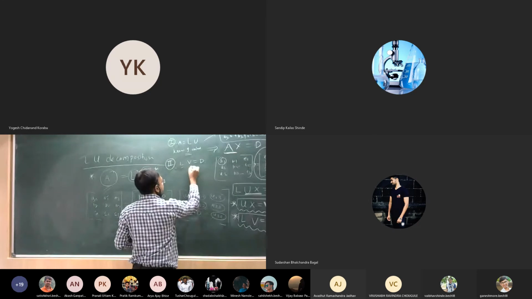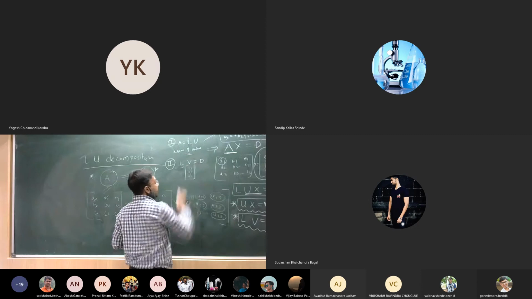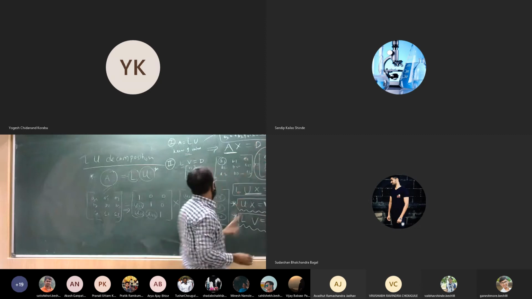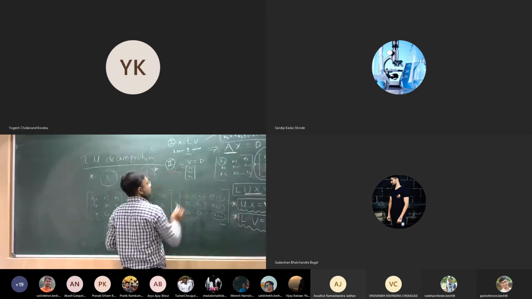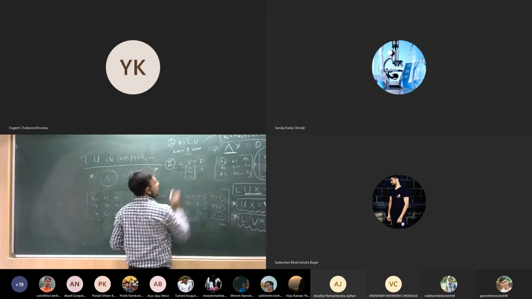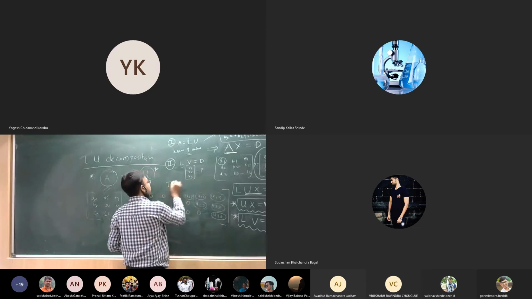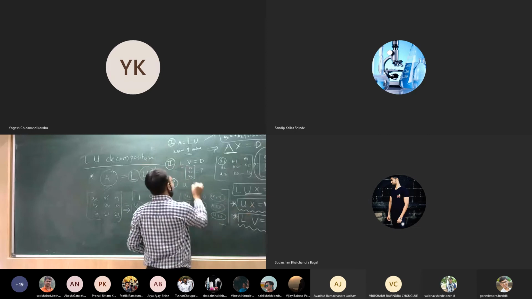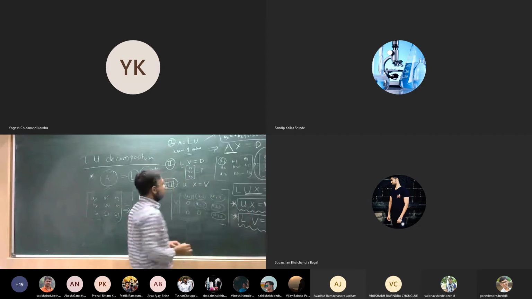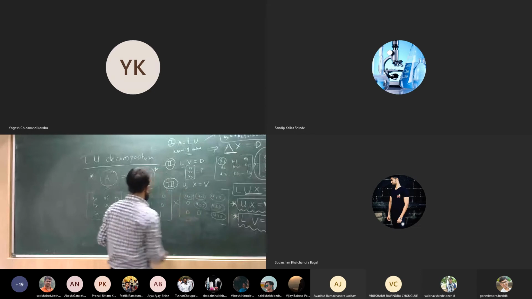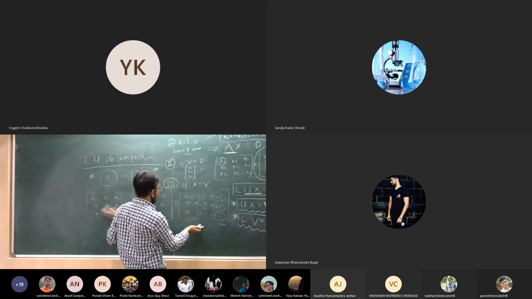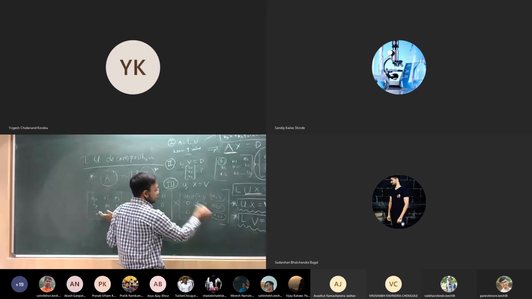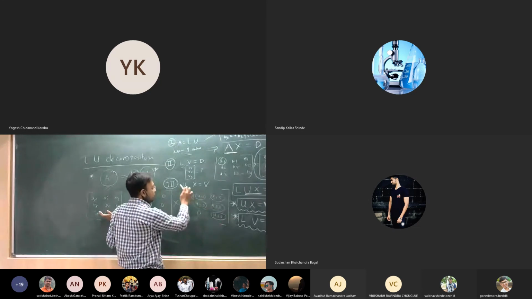The V matrix is unknown, V1, V2, V3, that we have to assume this way. D values are given in the equation, V1, V2, V3. So using this equation, we have to find these V1, V2, V3. Now the third step that we need to apply is U into X is equal to V. Here U is known, because we have bifurcated the given matrix into the upper triangular matrix. So these 6 values are known. That means the U value is known.